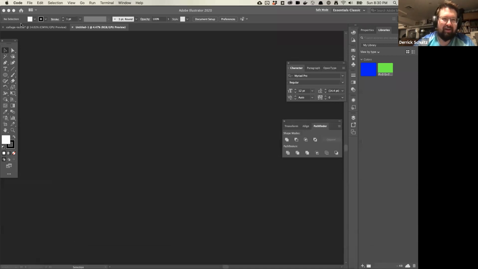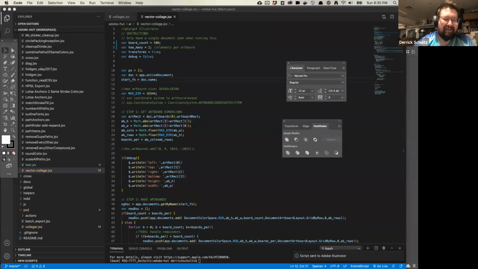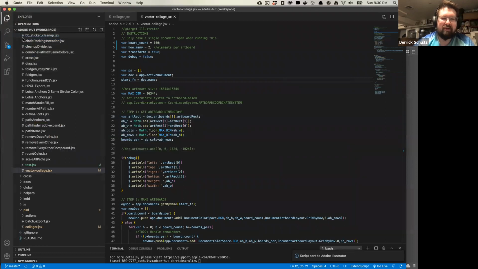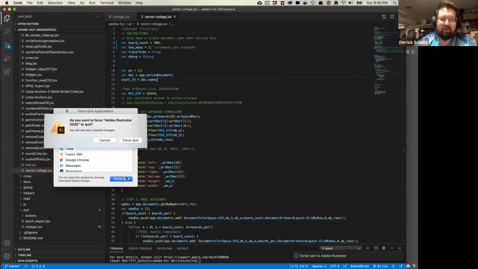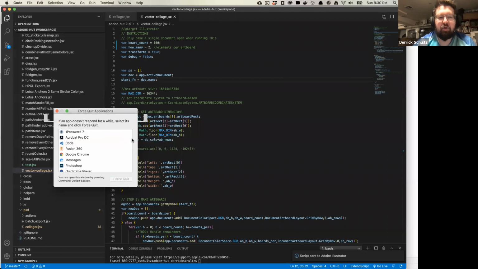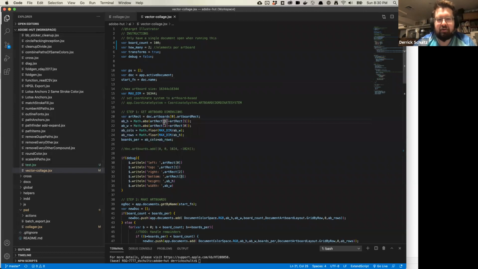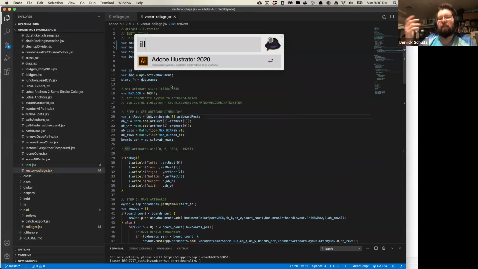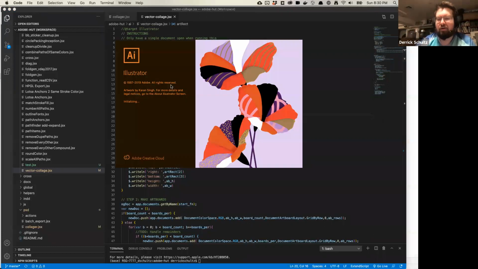Oh boy. Did that finish? Let's see if that finished. I think Illustrator just crashed on me. So it can be a little buggy. This is a great example of how we need to force quit. So there might be a limit to the number of elements we can add. I don't know why exactly it crapped out. Sometimes it crashes if you run the same script over and over again. It fills up the memory bank of these applications, and you run into issues. So sometimes I recommend, if you're going to run a big complicated script, you restart Illustrator before doing it. But yeah, it's a bit of a challenge to play with these things.